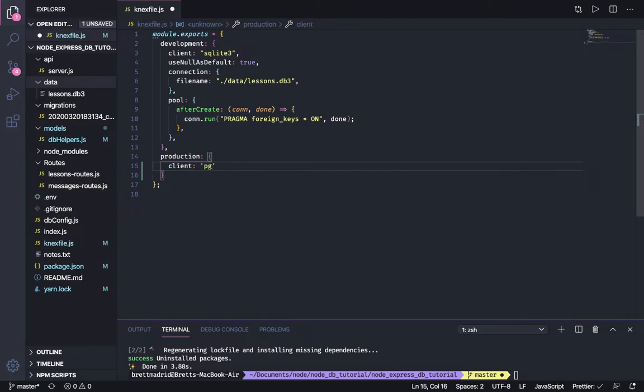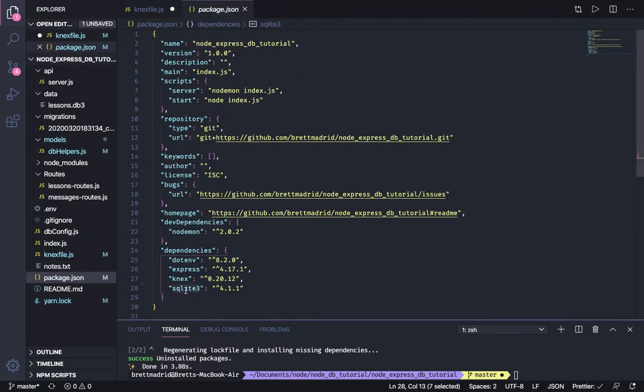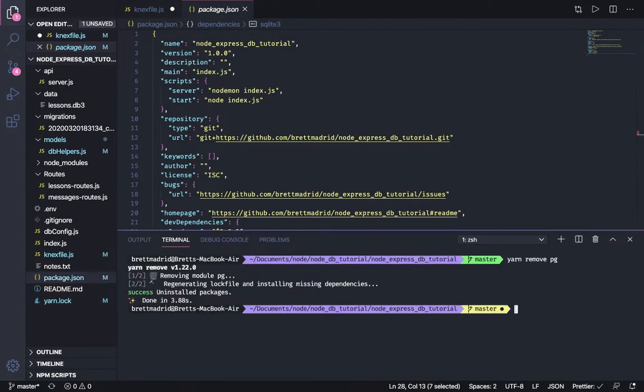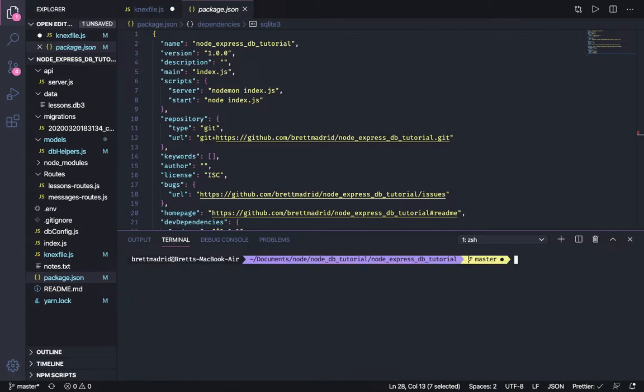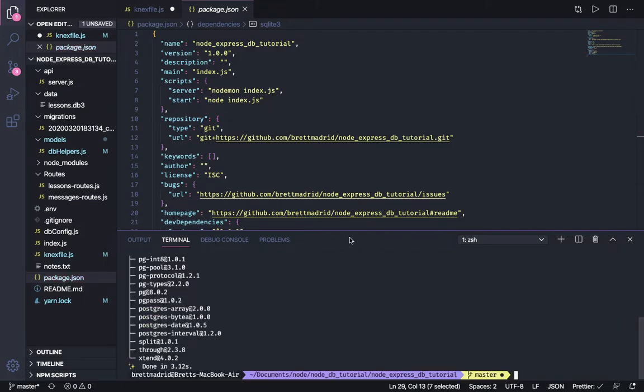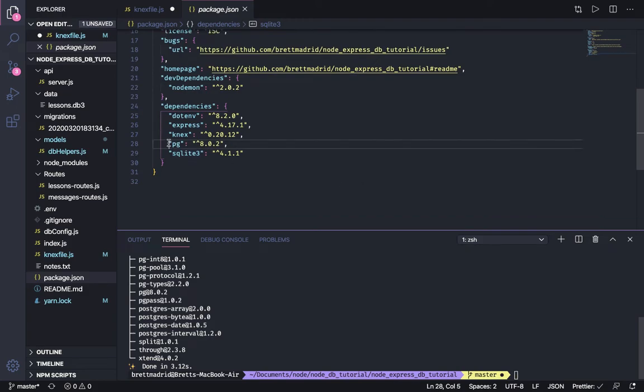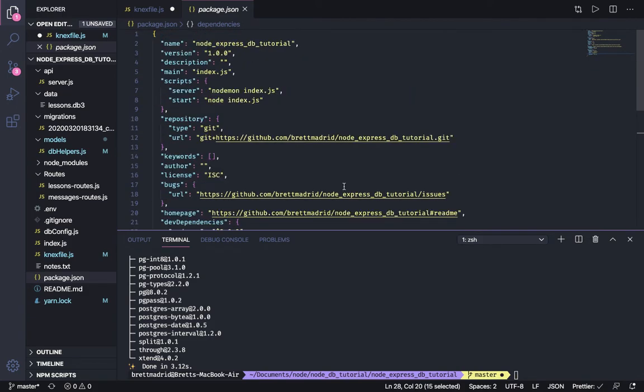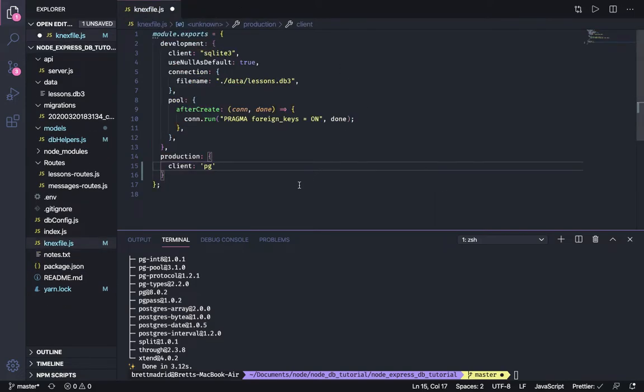is pg. But we haven't installed this dependency, so in our package.json, we've only installed SQLite. So we need to install Postgres. Let's do that now in the terminal. I am going to clear this terminal and say yarn add pg, or you can npm install it if you wish. So we're going to add Postgres, and you should do the same. And now if we look, we have Postgres added. Very good. Save this package.json file, close it. Now that we have pg added,